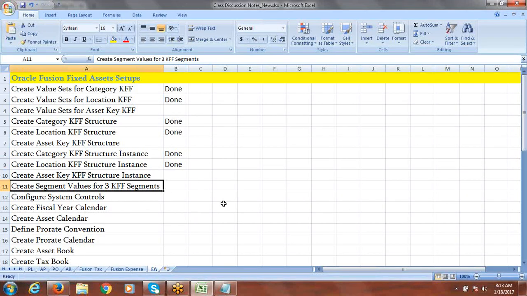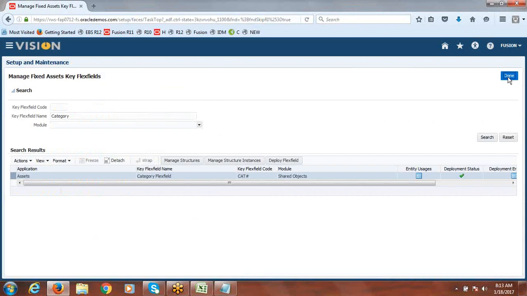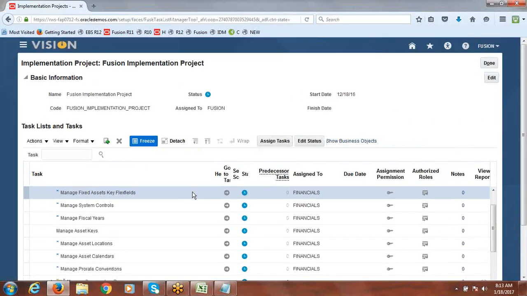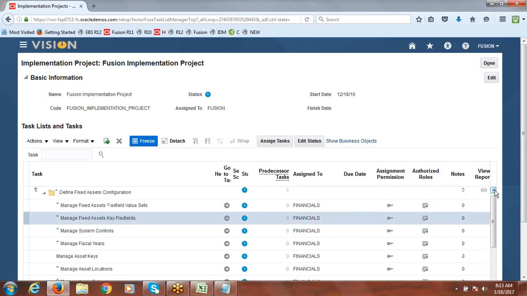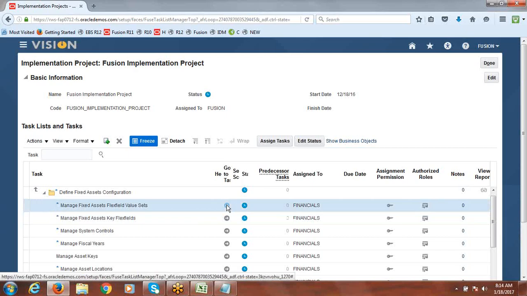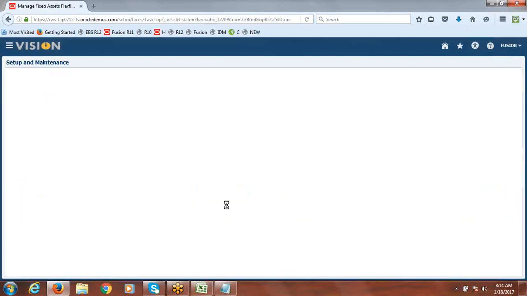Now we'll create the segment values for these three segments: country, state, and the city. So in case of EBS, at least there is no option to define all these, just at least for our testing purpose. But in Fusion we can see that. But finally you can use only one. Okay, that already selected, the same you have to proceed. Whatever we are creating we cannot use, just for our understanding how to define and all we are creating it. That's all. We'll go and create the values for these three segments which are part of location key flex field.